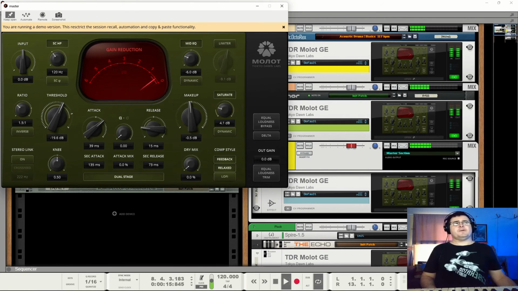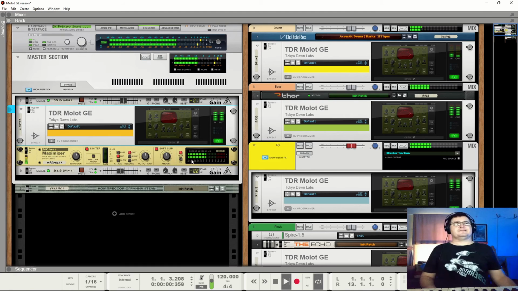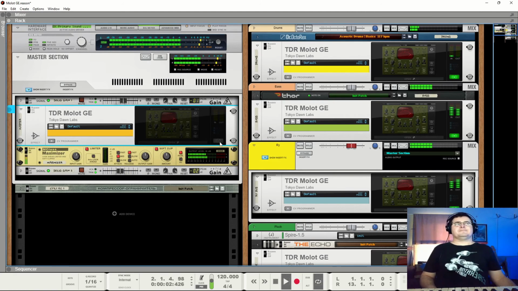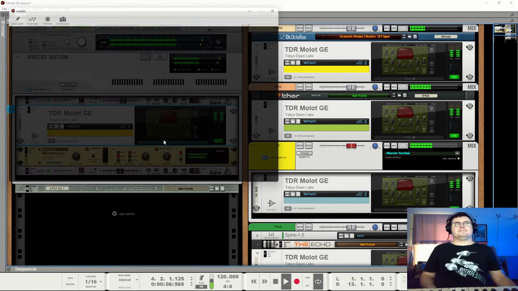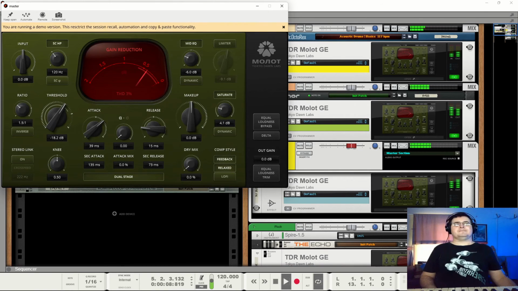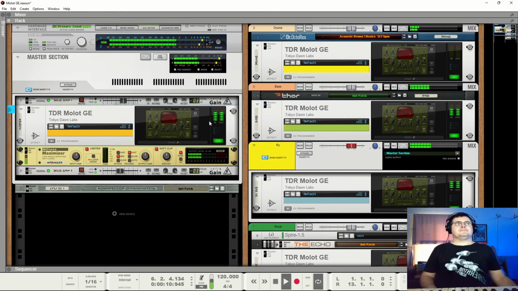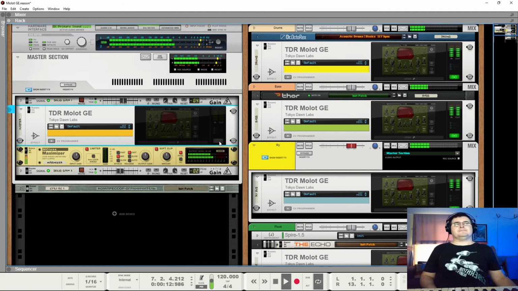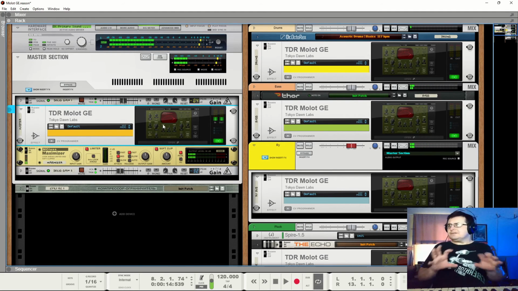I can't remember where we were at back here. I know we were in the... So we've got a little bit of a sense of stereo widening.